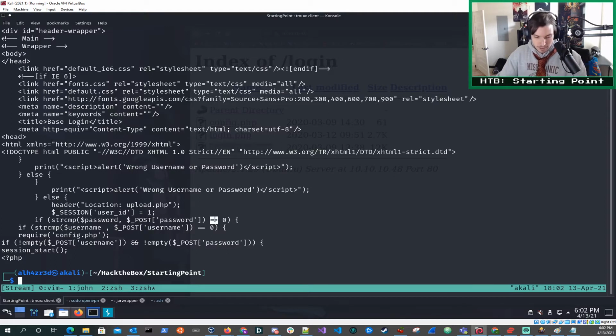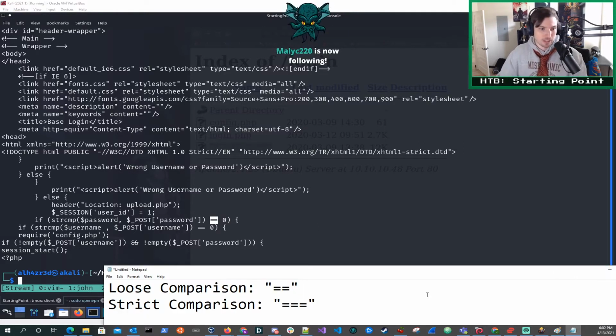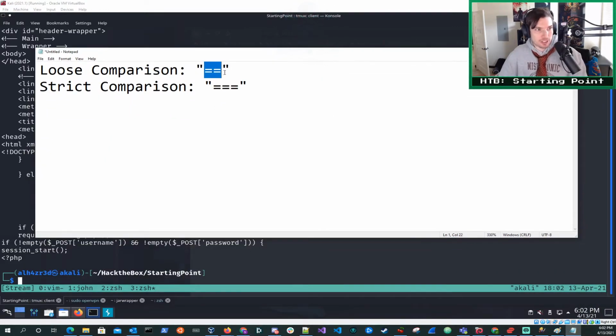Now, what if... The way string compare works, by the way, is it compares two strings, and if they are equal, it will return 0. If they're not equal, it will return 1. Okay? But in this case, the developer has used a loose comparison. So a loose comparison can actually, because of PHP wizardry or whatever,